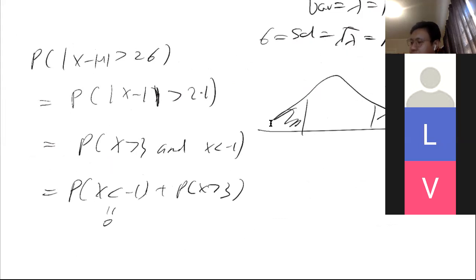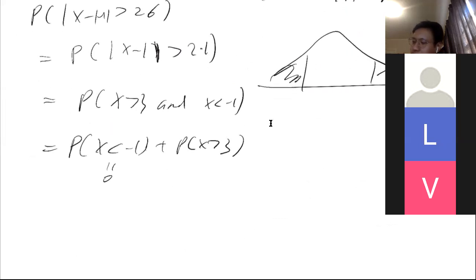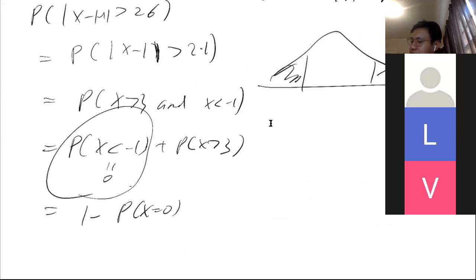It starts with 0. So the first part is 0, and for the second part, it's just 1 minus the probability of x equal to 0, minus the probability of x equal to 1, minus the probability of x equal to 2,